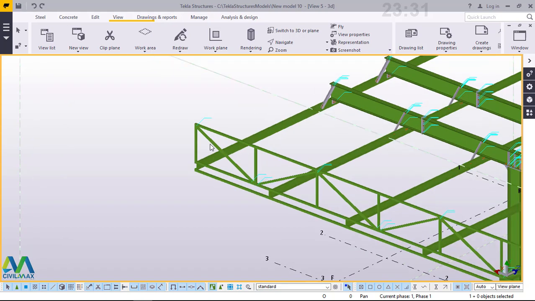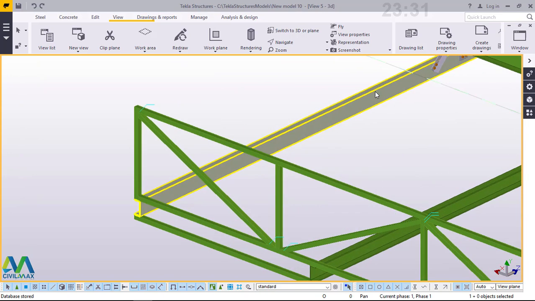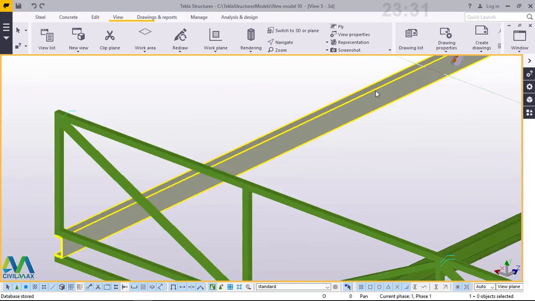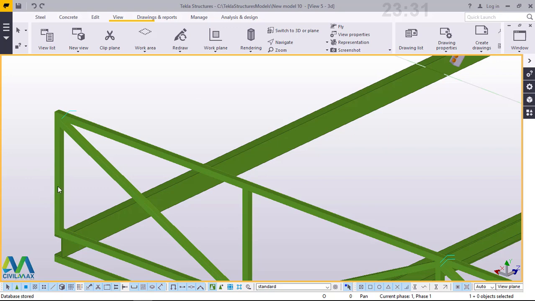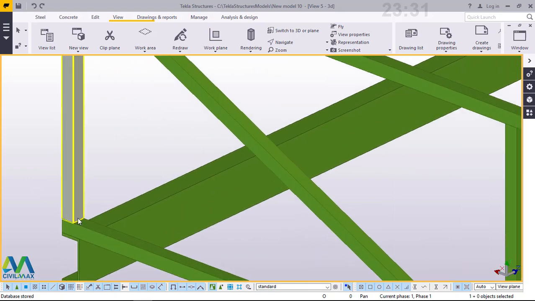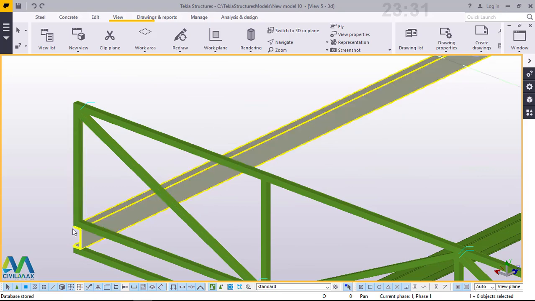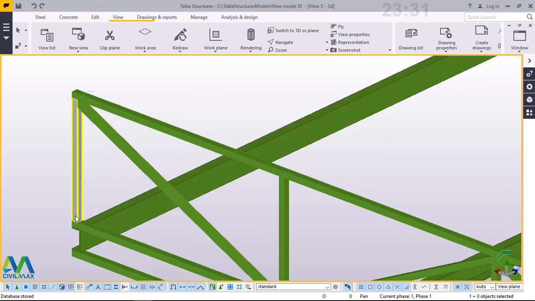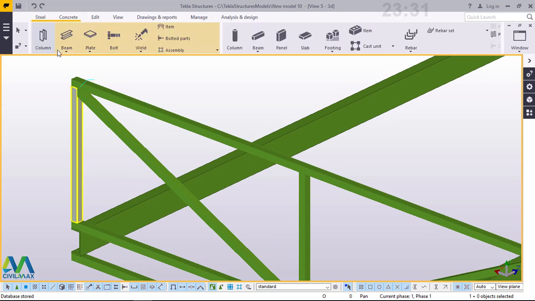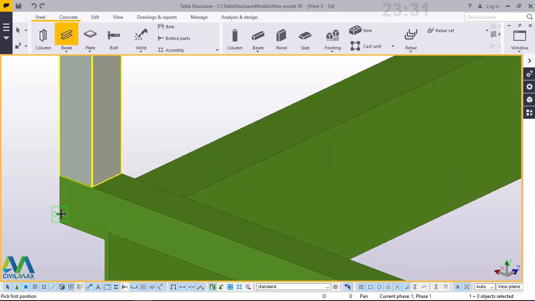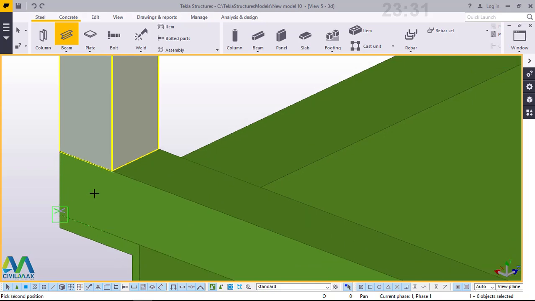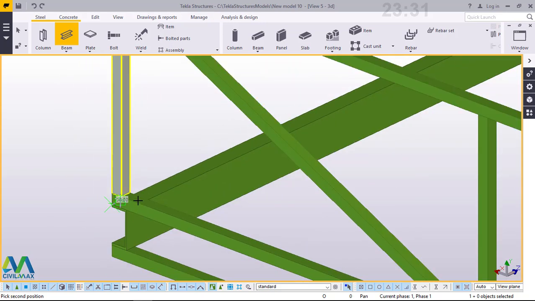Then the next move, we want to go to this end. Now what we are going to do, we want to place a member here that will have a similar height with these bracings. Now I'll come again to steel here. I'll come to steel beam here and pick a beam. Then I want to snap here at the bottom end. I'll snap right here. Make sure you snap on the accurate position. I'll direct my cursor up here,